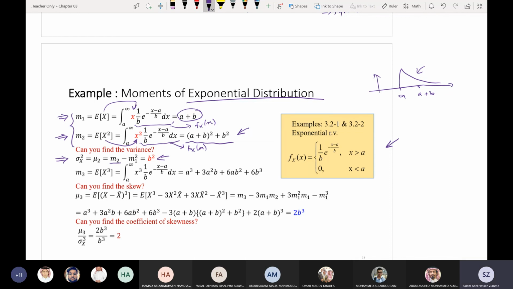Okay, if you remember, we said that if I have a small b, this starts at 1 over b, right? If I have a small b, I have a PDF that looks like this. If I have a large b, this will be 1 over b and this will be like this. So you can see that b squared here is the variance. b squared gives you how spread, how wide the distribution is around the mean.